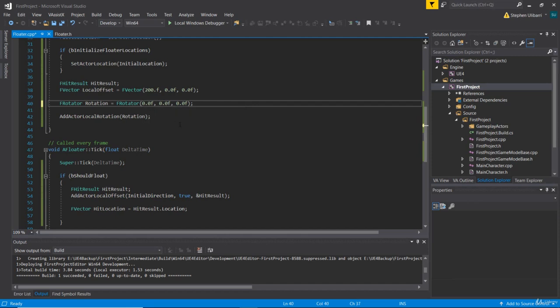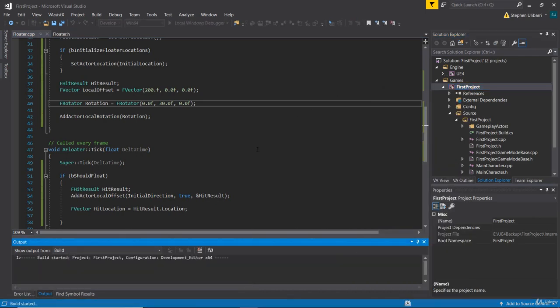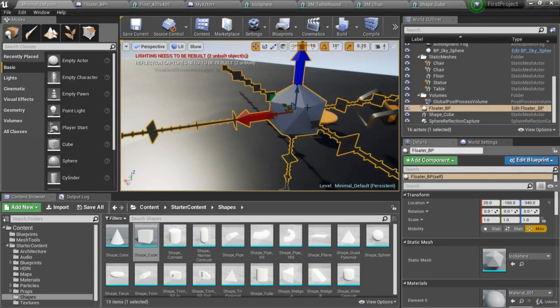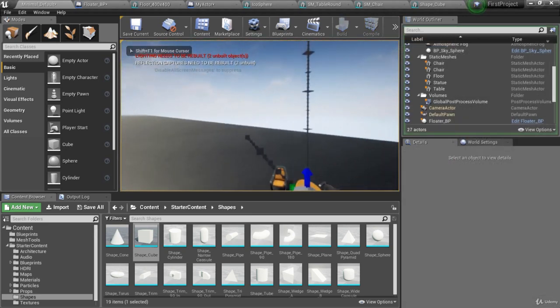So let's add 30 degrees to the yaw in our add actor local rotation function call. Go ahead and compile this and go back to Unreal Engine. We know that our actor's local axes are pointing in the same direction as the world axis directions, and of course we can also see that by looking at our actor's details panel and seeing its rotation is zeroed out. Now if we hit play, we'll see that our actor is rotated as if it turned its head slightly